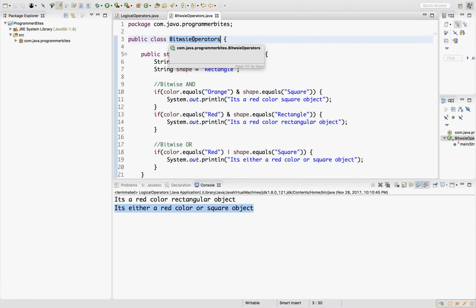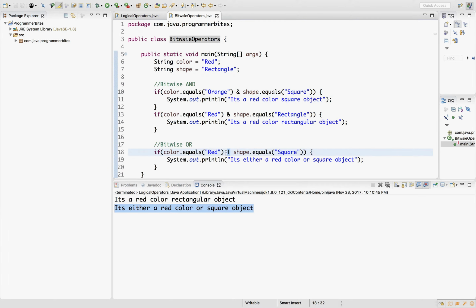Bitwise operators. This program is very similar to the logical operator program. The difference here is we used bitwise AND operator and bitwise OR operator. Bitwise AND operator checks all the conditions even if the previous condition evaluates to false.